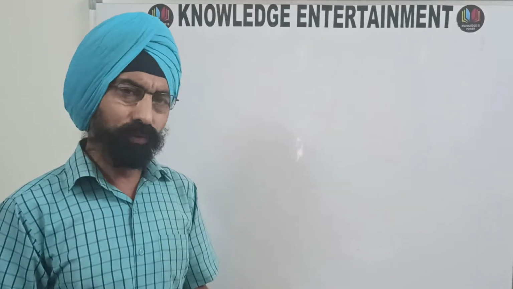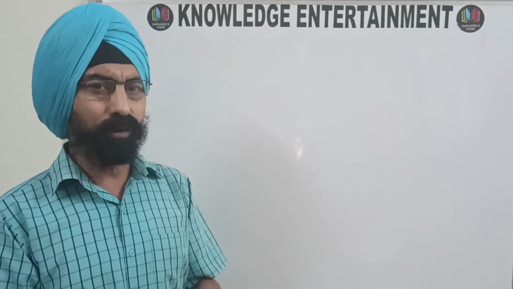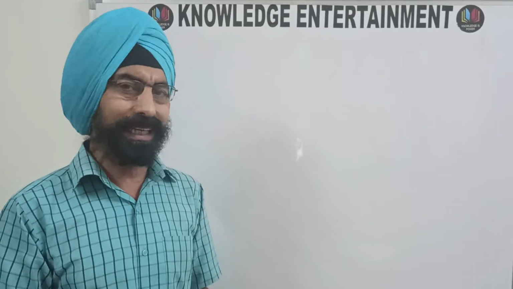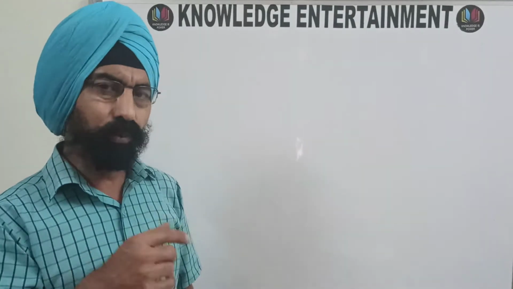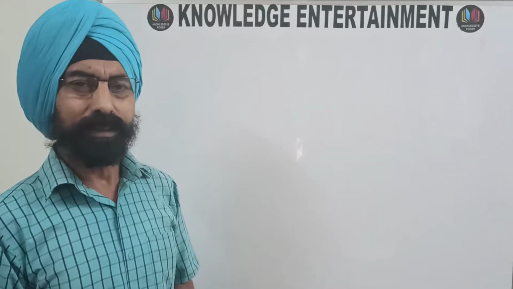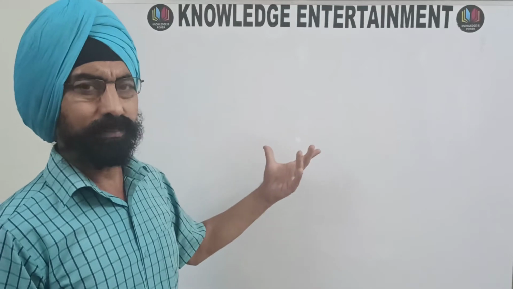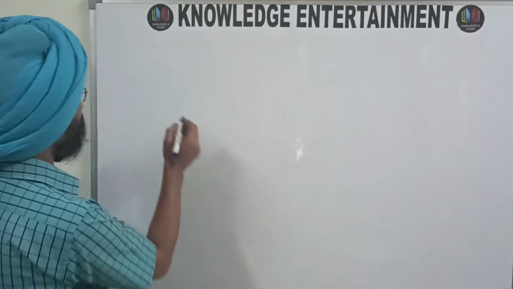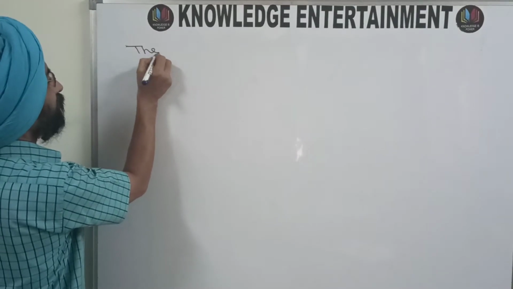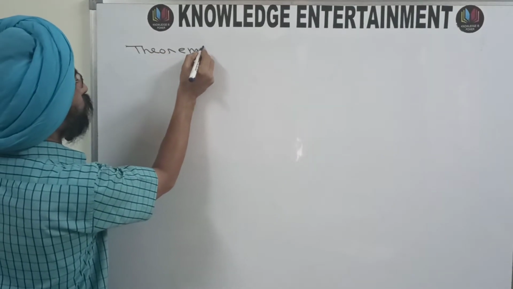In the next video, we will discuss similar types of divisibilities with unit digit 3, 5, 7 and 9. So here, before moving on to that interesting problem, I'd like to prove one of the basic theorems based on divisibility. So let me write down the statement of the theorem and then we will move on to the proof.